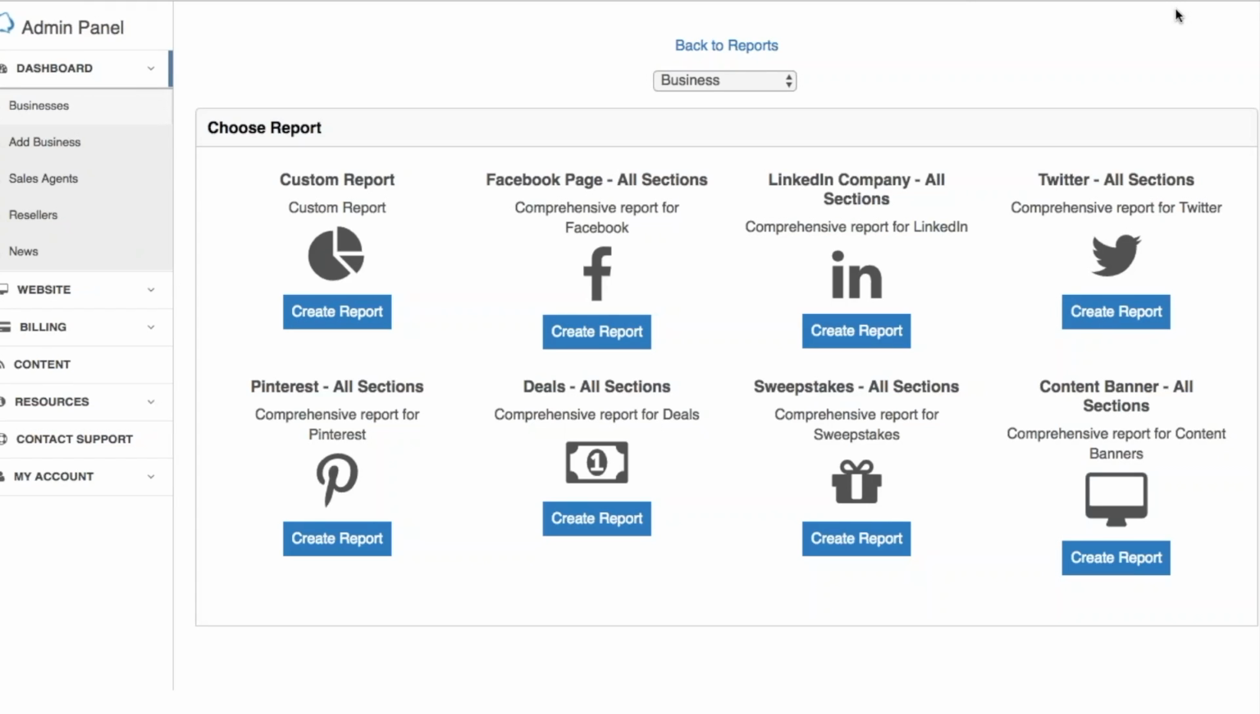Welcome to this video tutorial in which we're going to go over how to create custom reports. So you'll see here in the reporting section, if you haven't created a report yet, you'll get this screen where you can select the kind of report that you'd like to create. So you can create a custom report, which gives you the ability to create and include any pieces of information that you want, or you can select a predefined